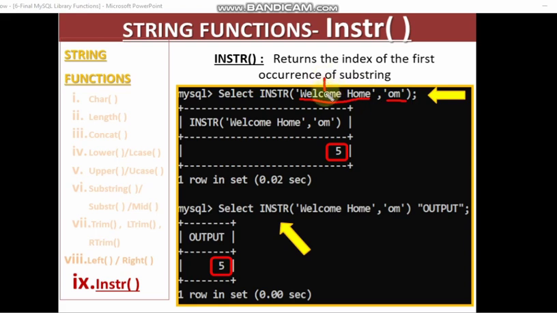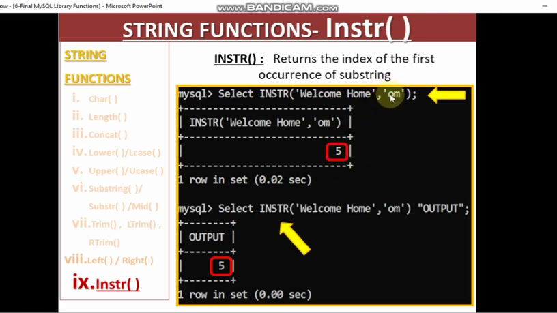So when it is coming first time over here, in which particular index number is it coming? It is coming in fifth index number. This one, O. See, 1, 2, 3, 4, 5. This O, OM. So O is coming for the first time in fifth index number.